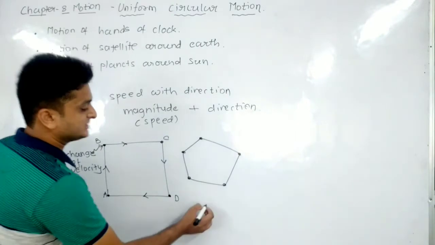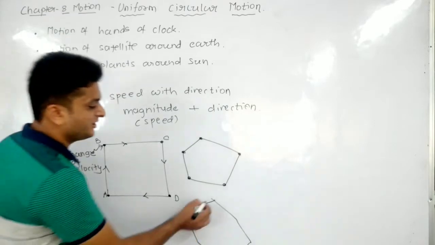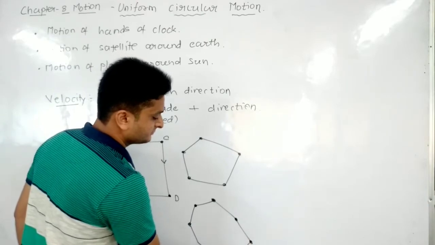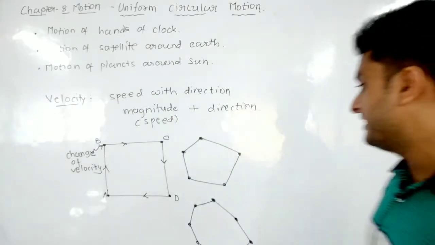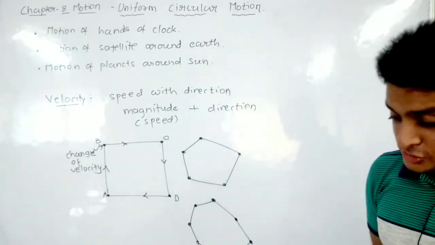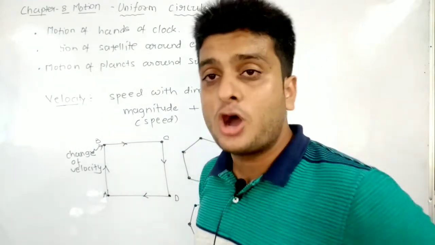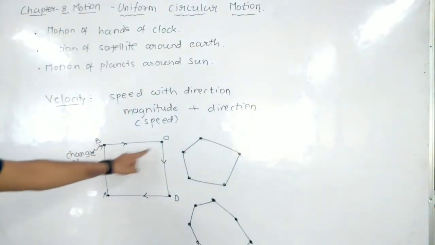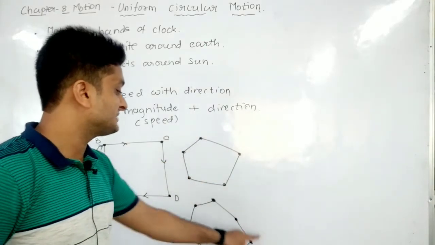Now what if there are this many number of sides? So you will say, sir, at each and every corner, direction has to change. Yes or no? At each and every corner, the direction has to change. Means at each and every point, velocity is changing. And as the velocity is changing, the motion is accelerated. Because what is the meaning of acceleration? Acceleration means change of velocity. So here your motion has an acceleration at this point, this point, this point, this point. Here the motion has an acceleration at these 5 points. Here the motion has an acceleration at all these points.